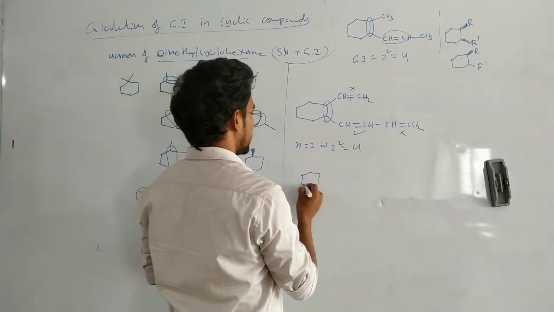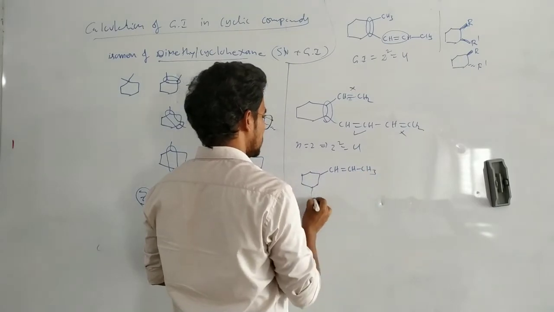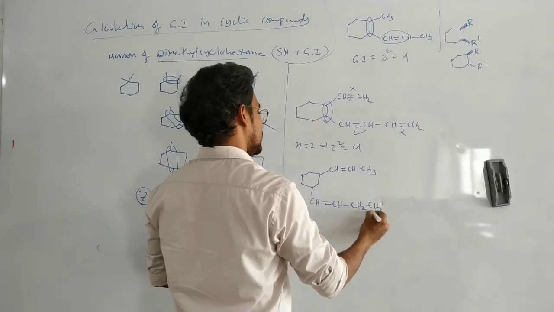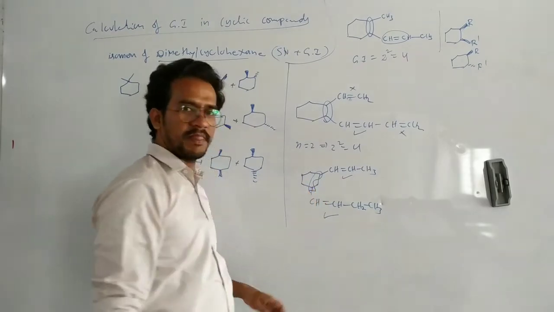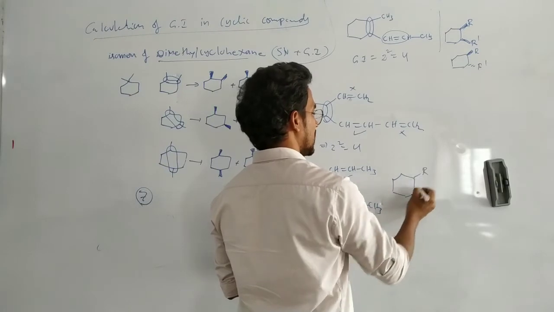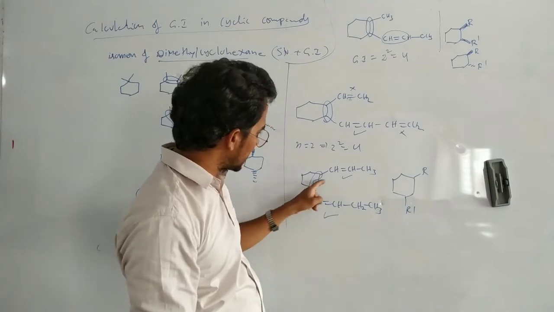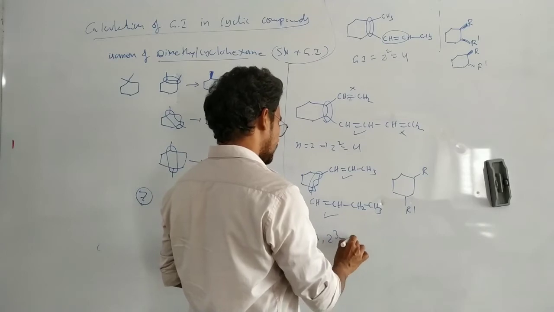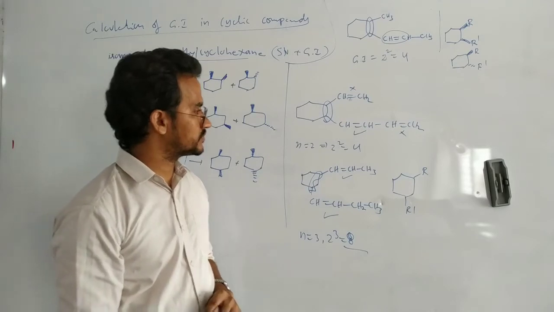Or suppose I am taking like this here. The CH double bond CH, bond CH3, the CH double bond CH, bond CH2, CH3. About this one possible, about this one possible. Now about this 1,3. Let us say this is one of the alkyl groups. So here like this is the R, this is the R. A cis-trans is possible. That's why we consider this one as one stereogenic center. So here n equals 3, that means 2 power of 3, 8 isomers. Again unsymmetrical molecule, it is 8 isomers.